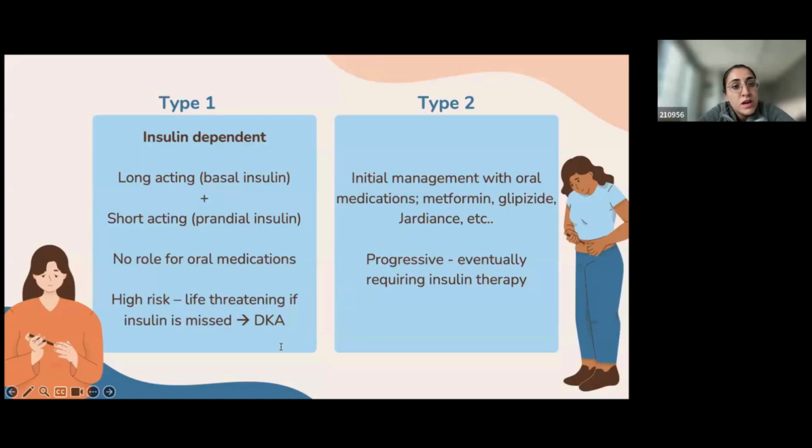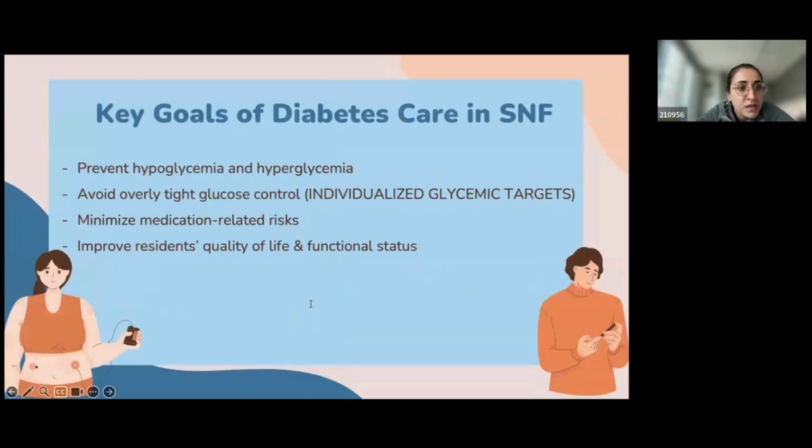And then for type 2, as I mentioned, initially we start with oral medications, and then eventually oral meds would potentially be insufficient to control the hyperglycemia, and insulin is required. So the key goals of diabetes care in the SNF is to prevent hypoglycemia, prevent severe hyperglycemia, and we really want to avoid tight glucose control. So the way we do that is by individualizing glycemic targets. We want to minimize medication-related side effects and medication interactions, and we want to try to improve residents' quality of